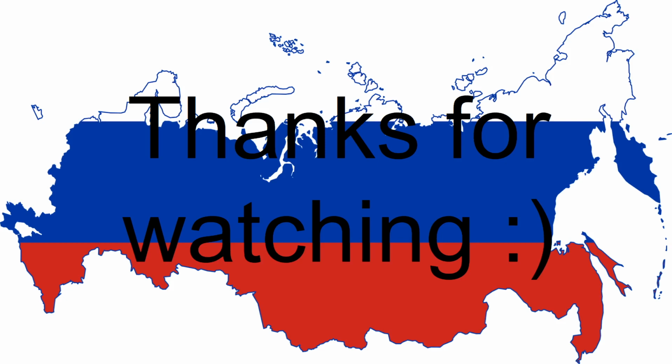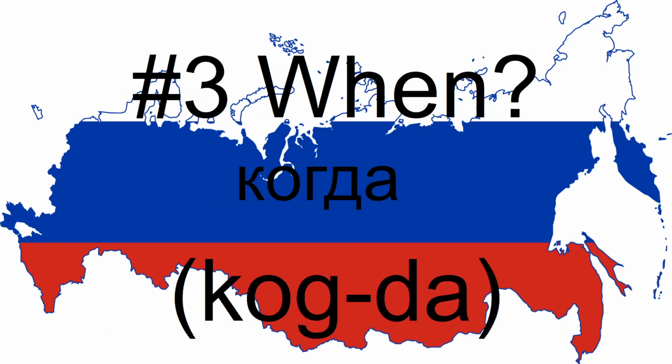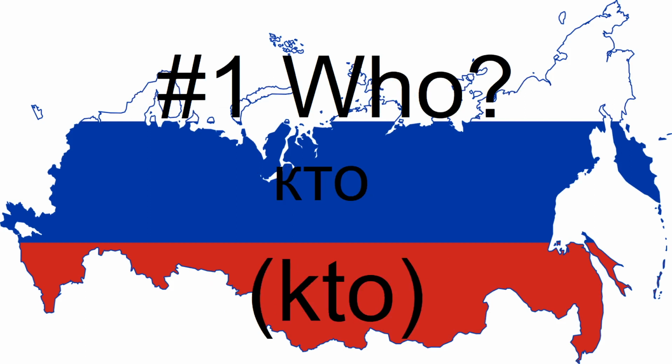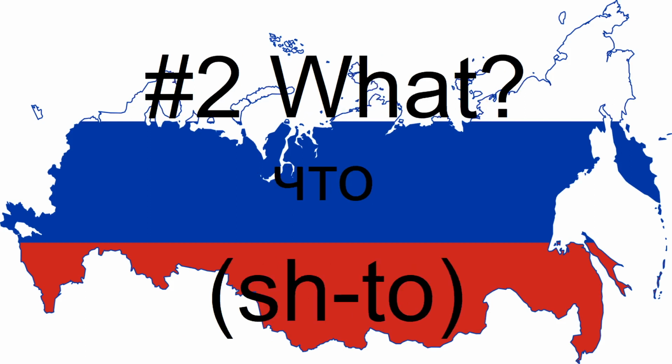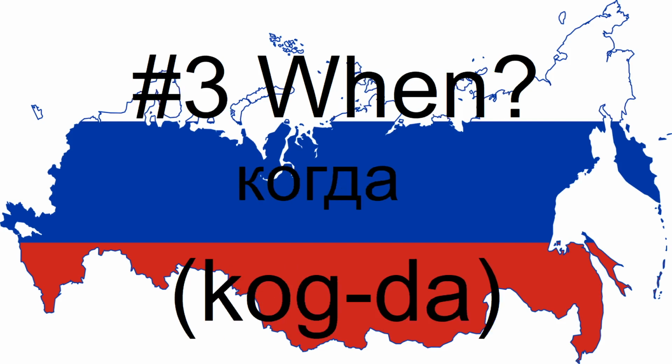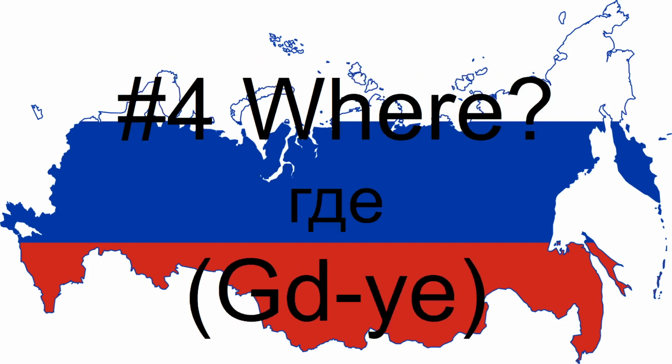If we go back here, we could answer what with это. So, for example, что это? What is this? Это, and then you would say what it is. Another one would be где. So, to respond to где, you would say, I don't know, here or there. Here is здесь, and there is tam.